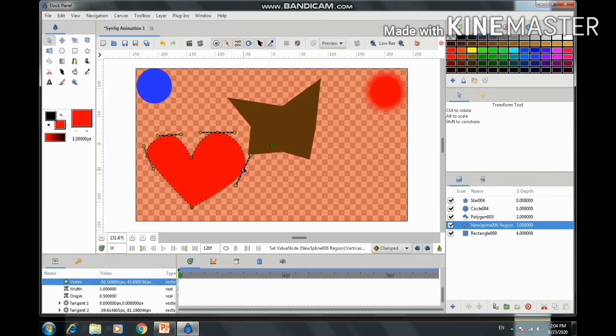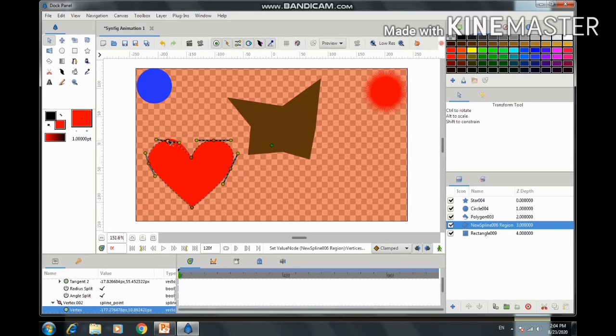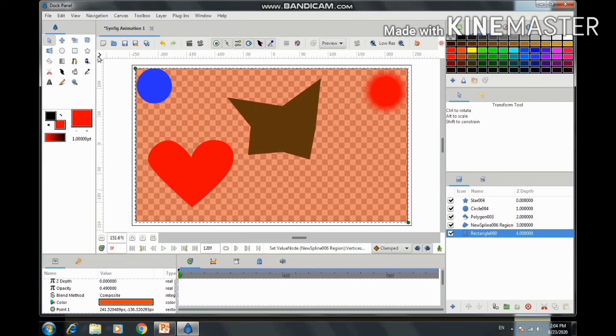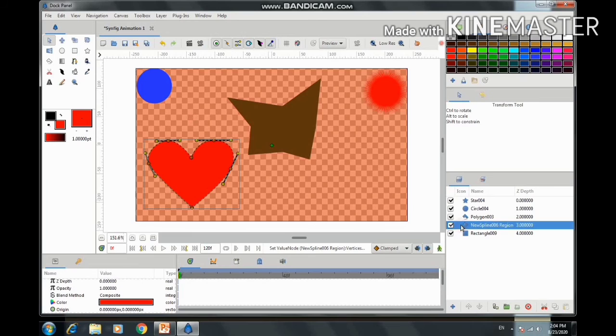Now to manipulate the points, I can use it this way. So this is how we created a B-spline tool object.